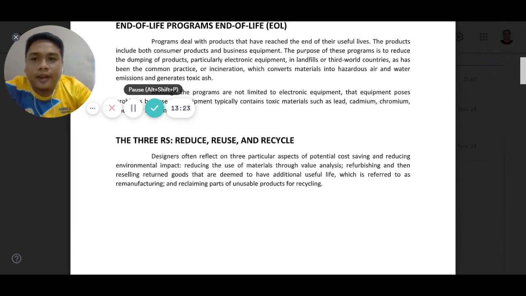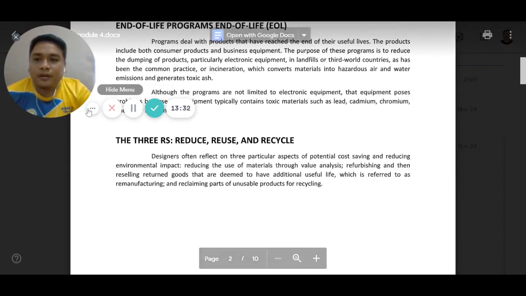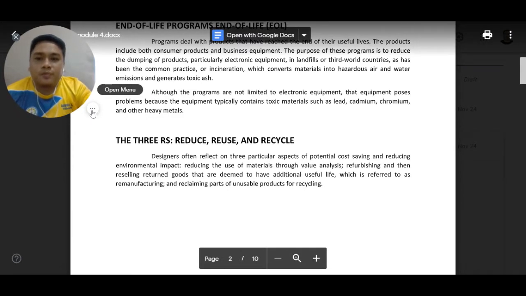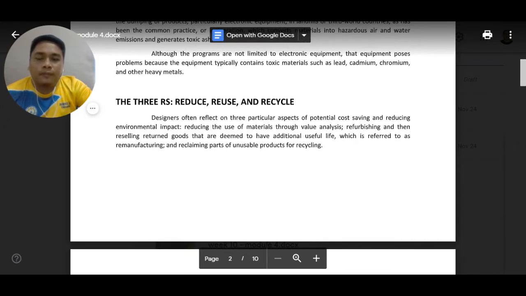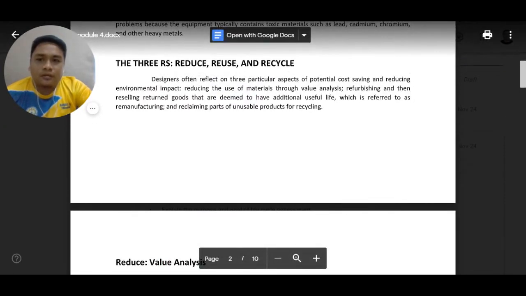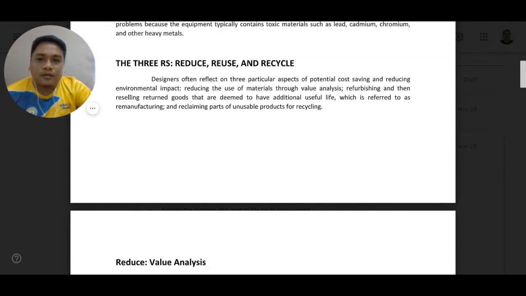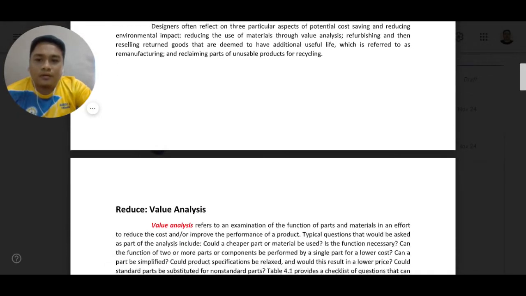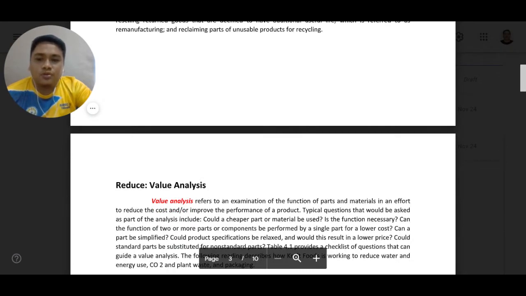So for the end of life programs, we have what we call the three R's that we are trying to implement in our programs, especially right now, in order to focus on environmental sustainability. It is what we call reduce, reuse, and recycle. So in the three R's that we are trying to talk about, reduce is what we call the